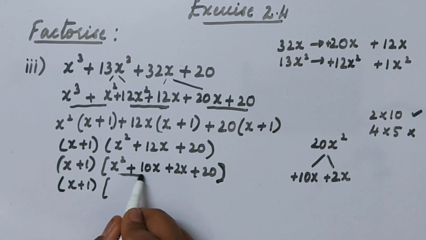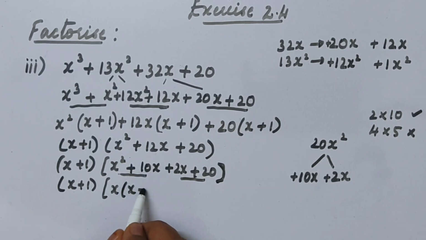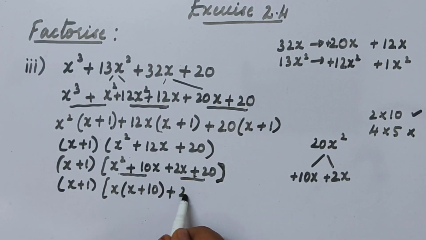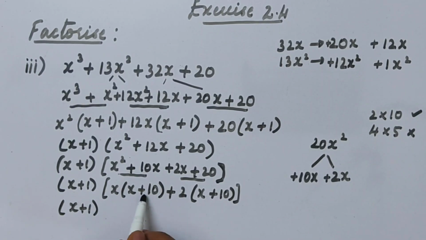And in these two you can see a common term. In these two x is common. Fine. x plus x gets cancelled. We get only 10. Here there's a plus sign. 2 and 20. It goes in 2 table. 2 ones are 2 ones are. x is left over. Plus sign. 2 ones are 2. 10s are 20. Right. Now this is x plus 1. In these two you can find a common bracket. That is x plus 10. And left over is x plus 2. I hope this is clear to you all.